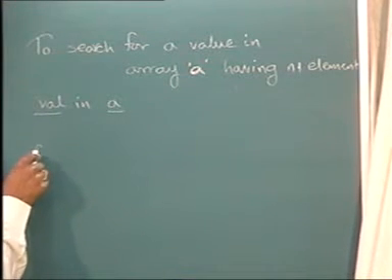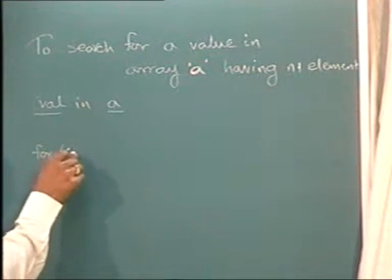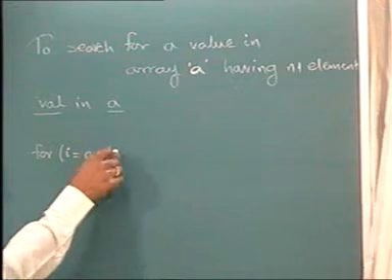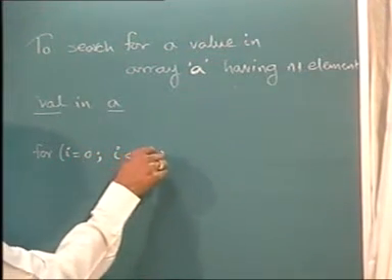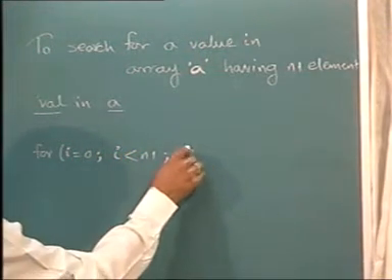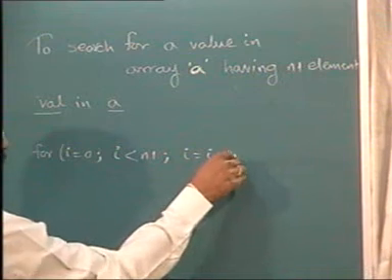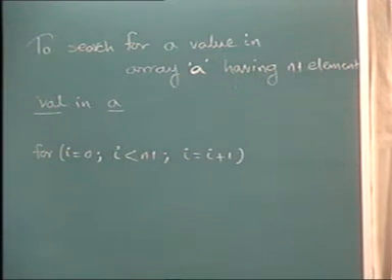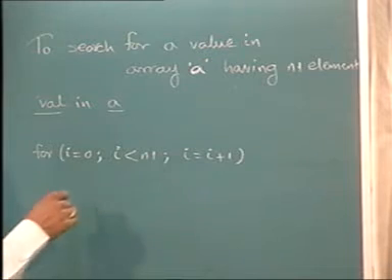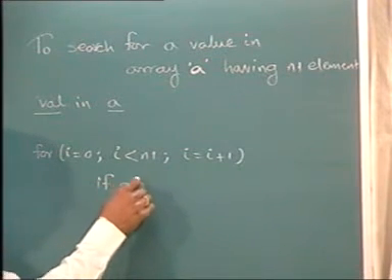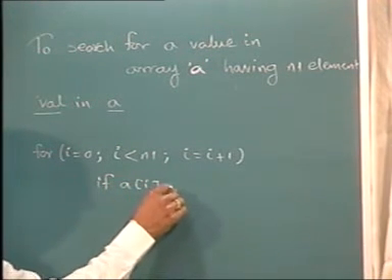So I will have to say for I equal to 0, I less than n1, I equal to I plus 1. How will you check? If A of I is equal to val,